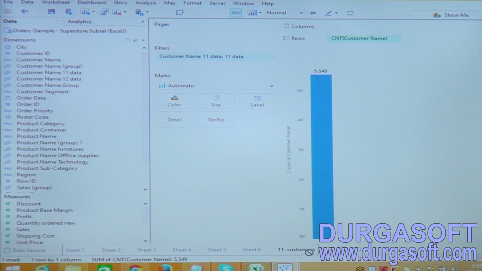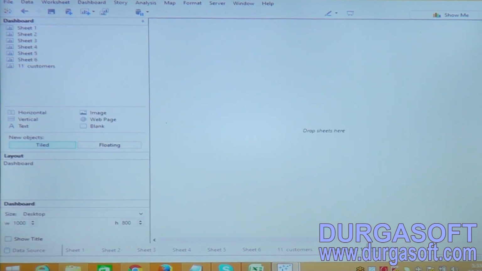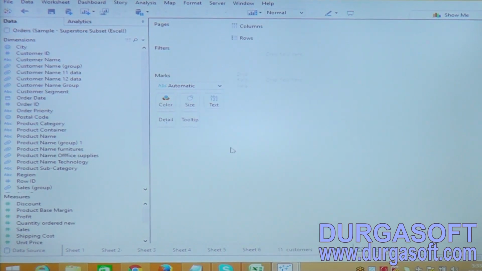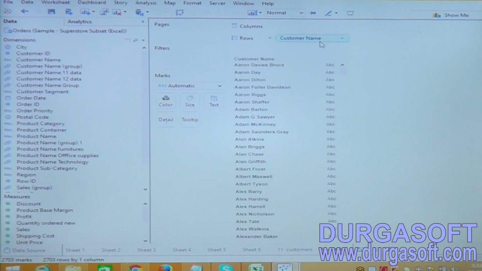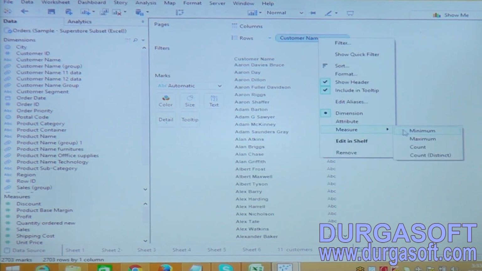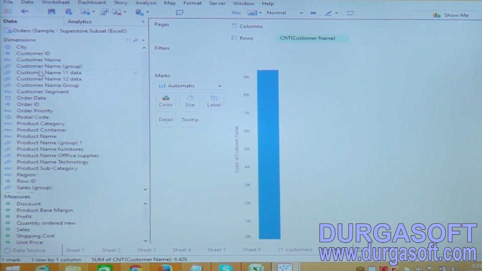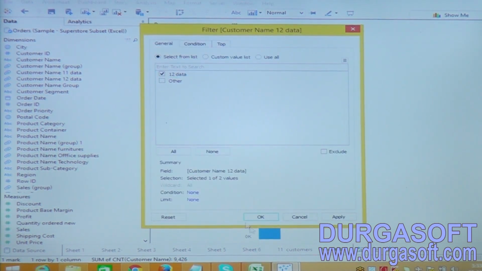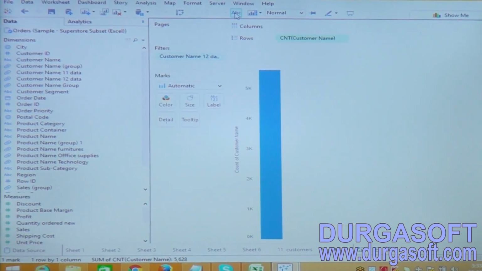2011 customers, and now I am creating one more sheet for the 2012 customers. Once you drag the customer name, right click on it and click on count. Now drag your 2011 to the filter and see this, how many customers in 2012.